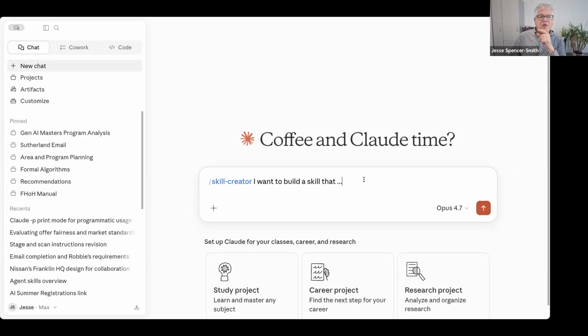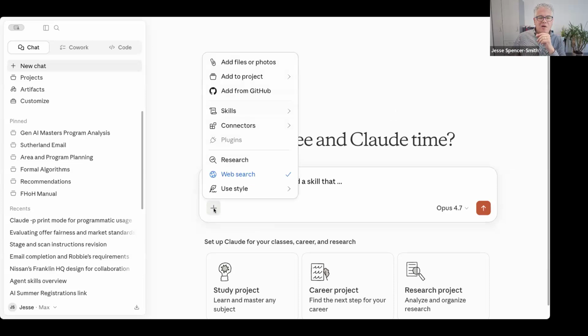If you are creating the skill here in chat, the only way you're going to be able to do that is to click here and actually add files or photos. Recall that because you're in a chat, that's loading it up into context, right? So in this case, this version of Opus running here is going to have about 200,000 tokens. That might be fine. But remember,